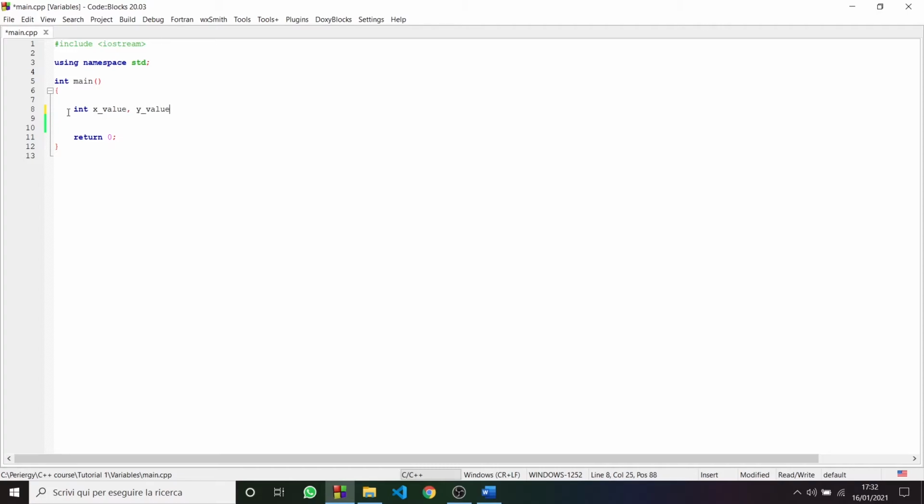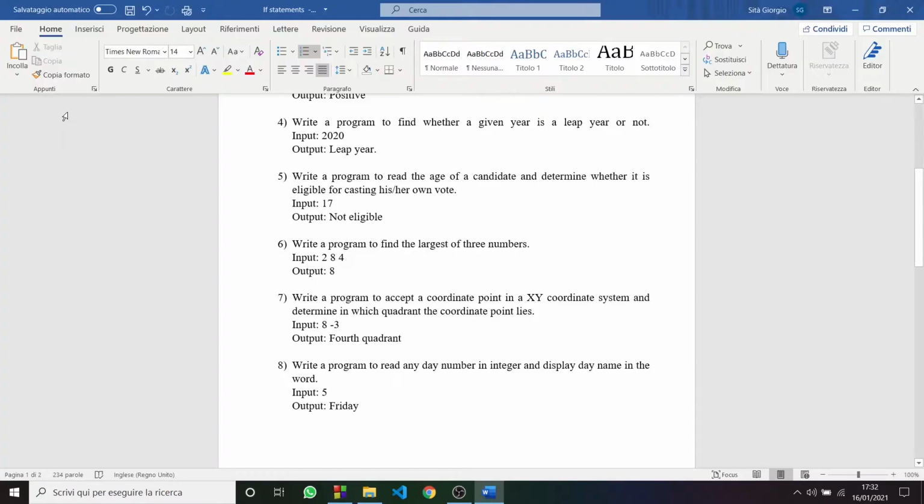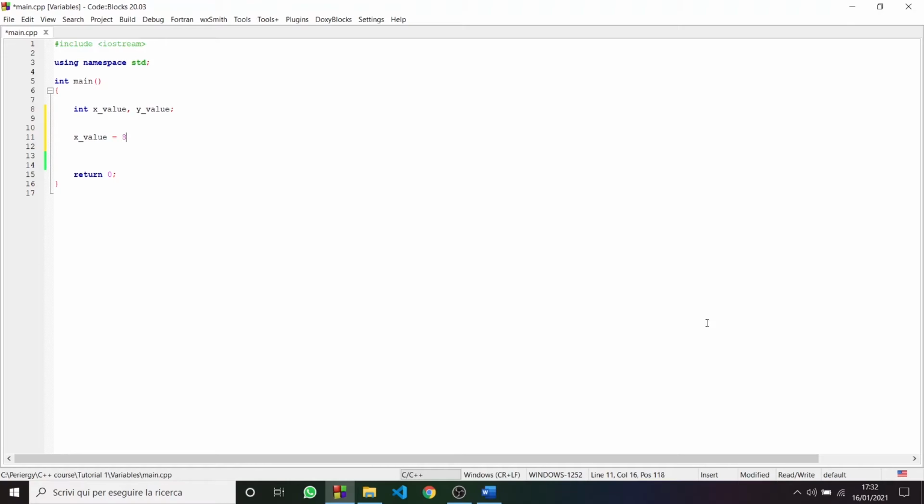All right, therefore, for our point, we're going to have an x value and a y value. We're going to give them values. For the x it was 8, and for the y we had a value of -3 for now. And we said, okay, what is the condition for a point to be in the first quadrant? The condition is the x value